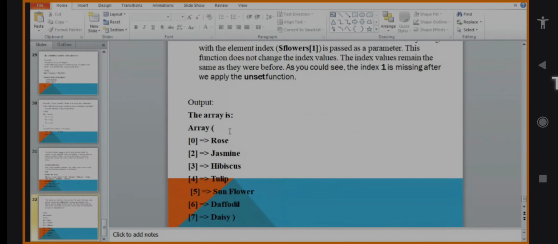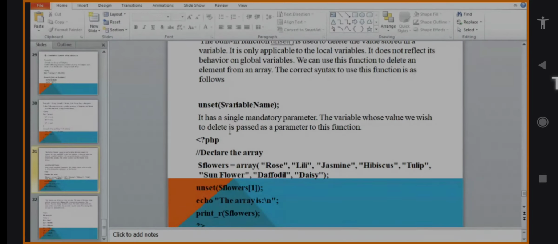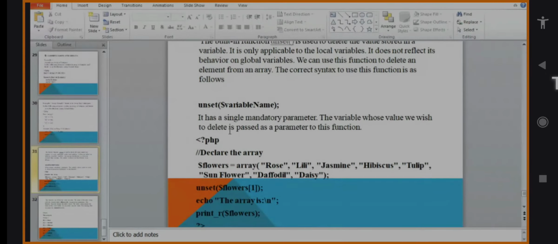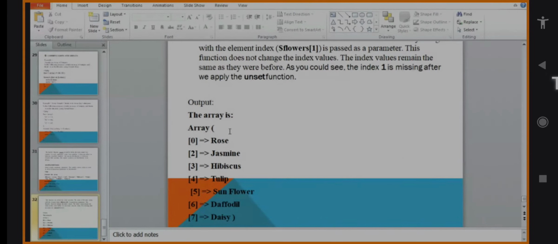The echo prints "the array is", and the print_r function prints all the elements in flowers one by one, except we don't want to display the first one. Because we already applied the unset function here, it will not be printed. The output looks like this: Array, in brackets 0 is equal to Rose.